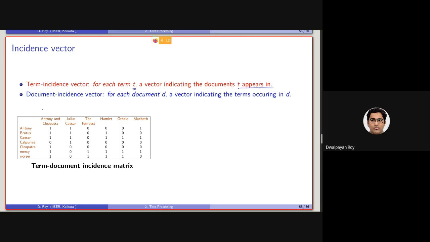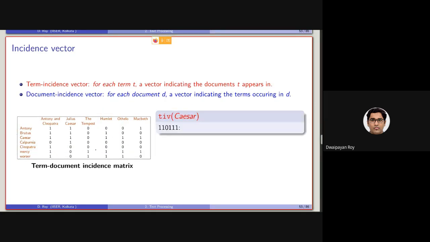And for DIV, or document incidence vector, it will be a vector for each document D, indicating the terms that are occurring in D. If we look at the terms like this, or the list like this, we will be getting the TIV, or the term incidence vector. So this is the TIV. And if we want to get the DIV, we need to go by the column. So this will be the DIV.